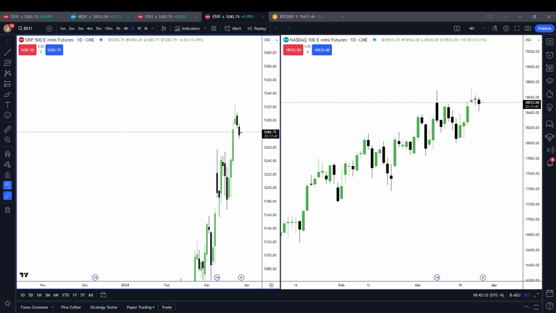On the daily chart, you see we have a fair value gap on both the ES and the NQ. That being here from 52.93 and a half all the way down to 52.44 and three quarters. So that's the gap that I'm looking at on the daily chart for ES, while on Nasdaq